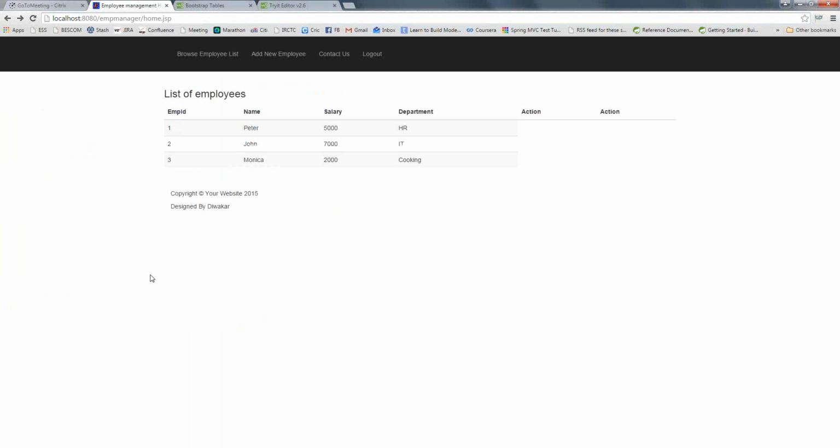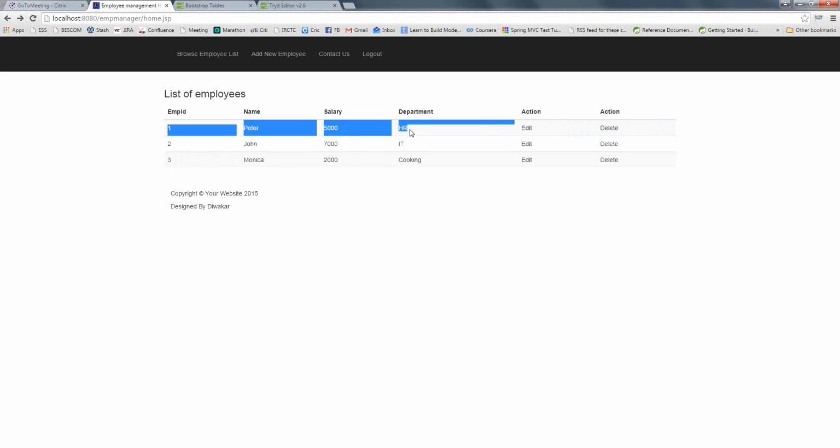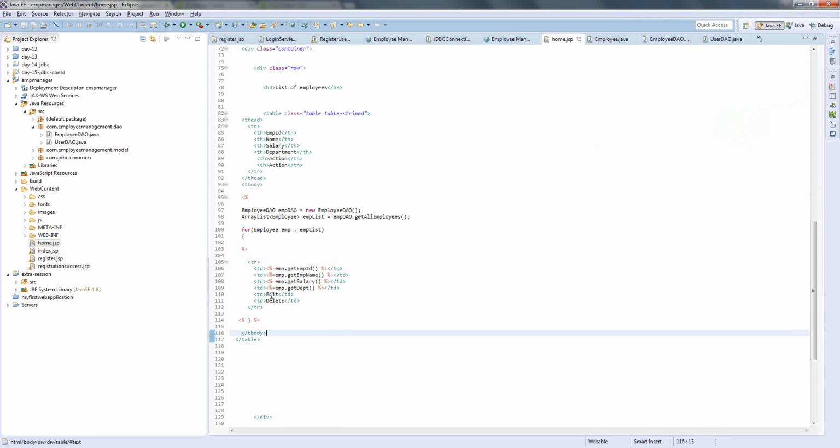Okay, so that means a user can just simply select on this edit. It will navigate this particular record, it will take this record, it will show in another page where you can edit this information. And delete, it should delete this particular information. Okay, so this delete, what I will do is